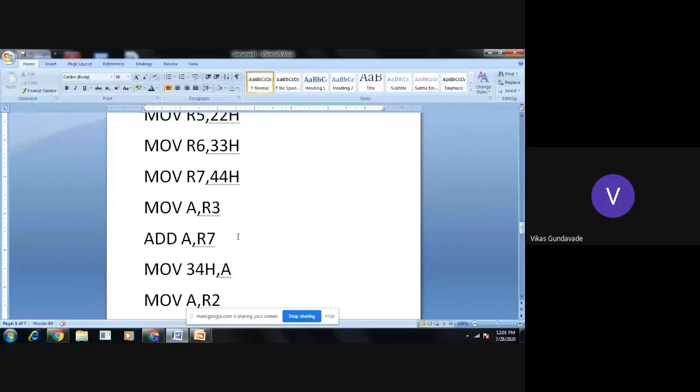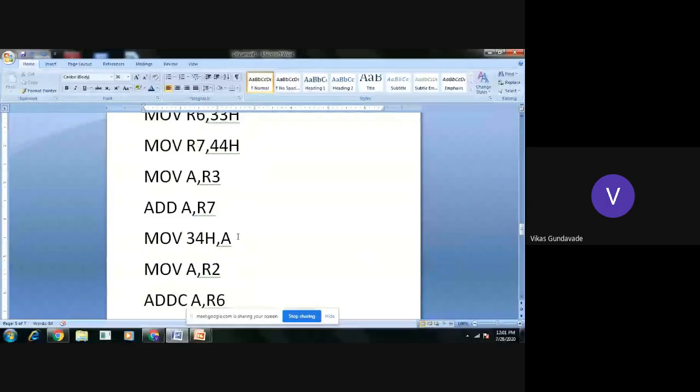Now after transferring the result from the accumulator, the accumulator is free for further addition. So after that, we will take the next 8-bit numbers. The first number from R2 is taken into the accumulator and the second 8-bit number we add into the accumulator. Now here we need to consider the carry, because for the lower 8 bits, the carry may get generated.